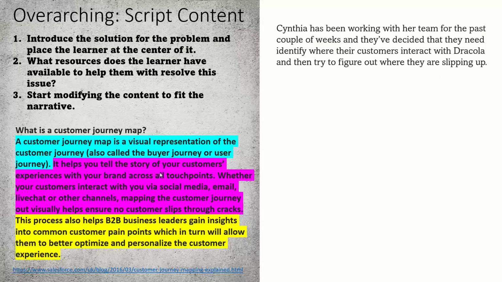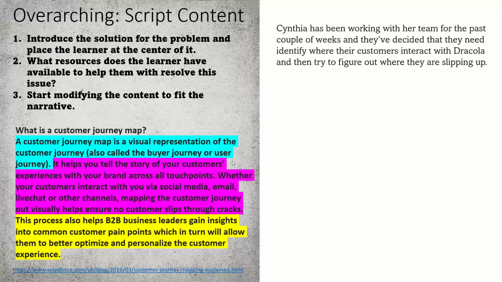It's not necessary to directly translate whatever the SME has given you word for word. Modify it a little bit so that obviously there are no plagiarism issues. It's just about how I can use this and fit it into my narrative. So I've used my character Cynthia, who's the mentor,